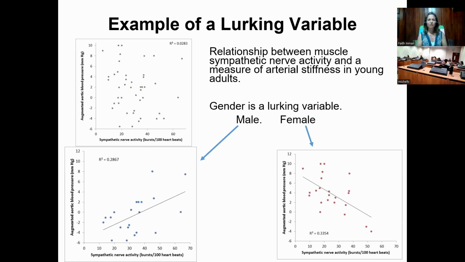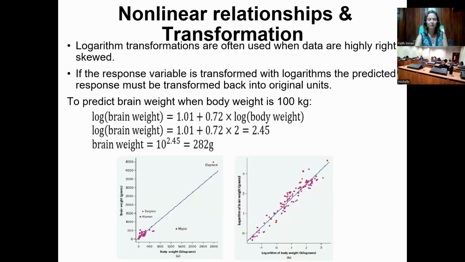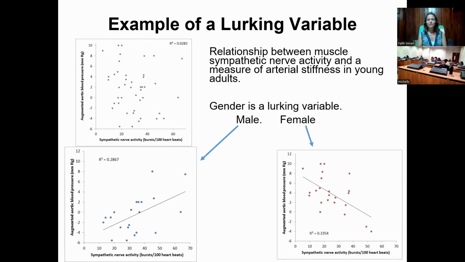Lurking variables. Okay, here's an example of a lurking variable. I don't think I really explained very well what a lurking variable was, though. Well, a lurking variable is a variable that affects your y that you didn't account for. Here's an example. The relationship between muscle sympathetic nerve activity and a measure of arterial stiffness in young adults was